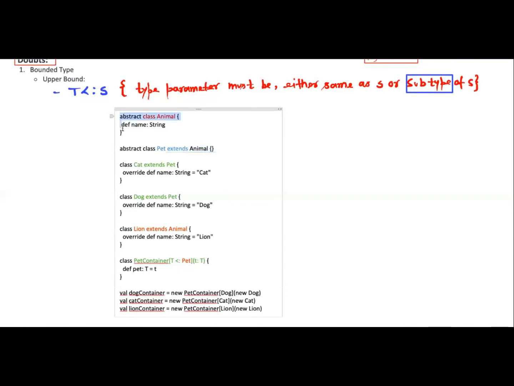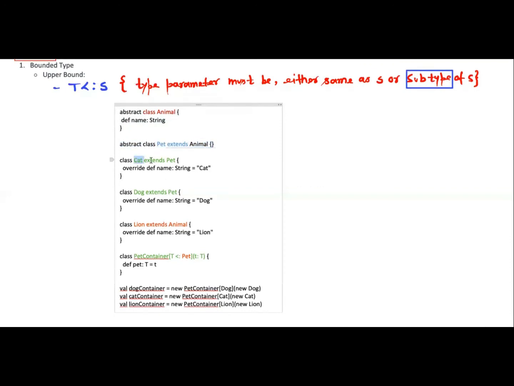But the Cat class is extending Pet directly, not Animal. Dog is also extending Pet because a dog is also a pet, but Lion is not a pet. That's why Lion extends the Animal class directly, not Pet, because the Pet class is a specific class which contains all the pets' information.